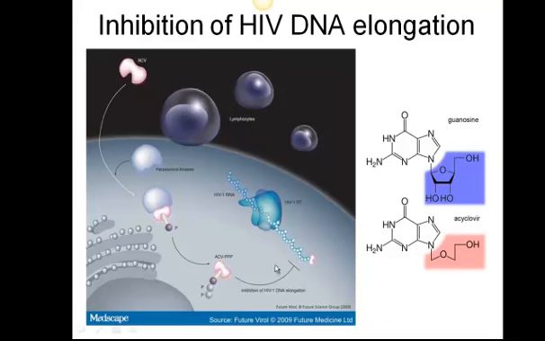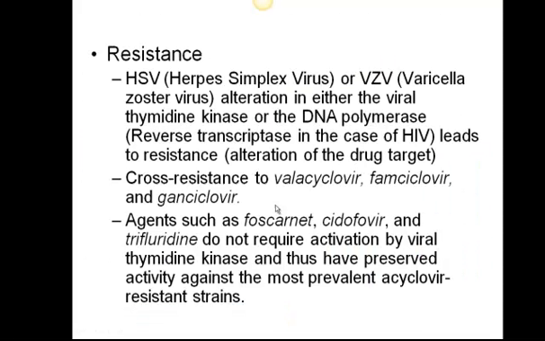And you can see that we have inhibition of our reverse transcriptase, in this case the enzyme that's mediating the elongation of the DNA molecule off of the RNA template. So unfortunately, when these agents are given as a single agent to the patient, they can develop pretty high resistance pretty quickly. And this will result in cross resistance to other nucleotide inhibitors too, such as the valacyclovir, the famciclovir,